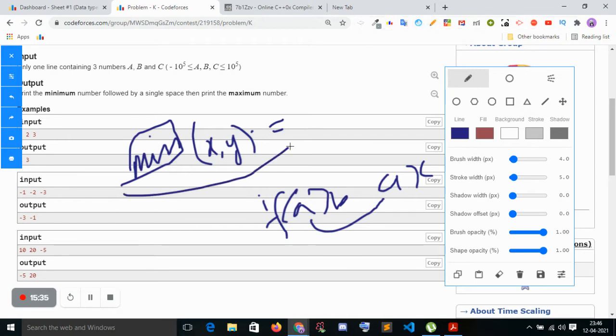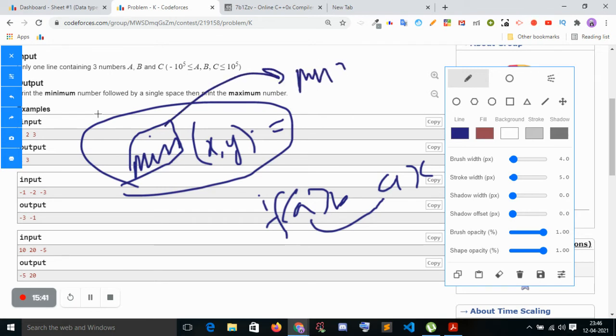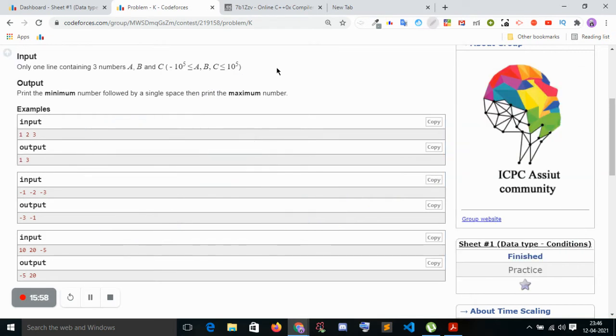I will use this technique, and for min you have to add some files. But I will say before that, the bits header file actually adds everything, so you don't worry about that. Just use it. Use min or max, because multiple times you have to use it and you have to be aware of how to use it. Okay, so let's try it.